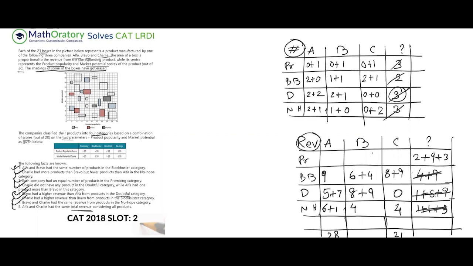So these two need to balance out. So if these two need to balance out, Alpha's revenue that comes in the promising part has to be 7 less than what goes to the Charlie, right? So Alpha needs to get this 9 and Charlie needs to get this 2. And then Bravo gets this 3. So everything is done. Let us just complete the total also. Maybe that will be relevant because we have already worked out the totals so far. So why stop now? So 28, we already know it was there. Okay, I did just the other way around. My bad. Sorry for that. So Alpha gets a 2 and Charlie gets a 9.